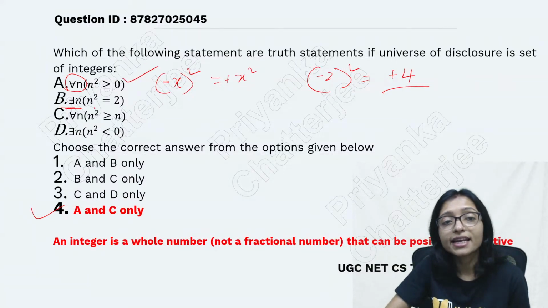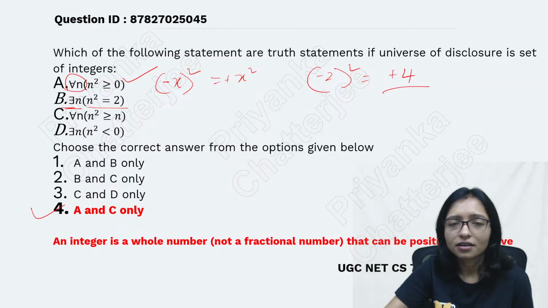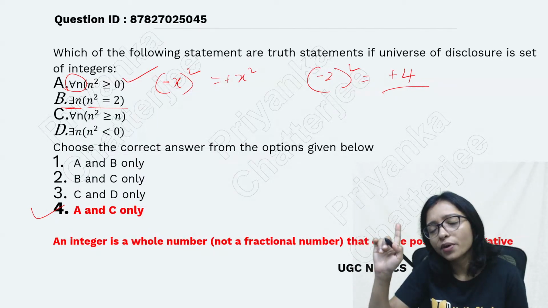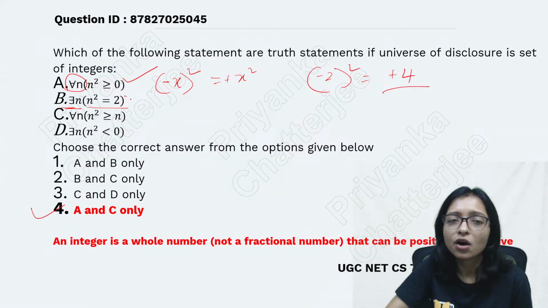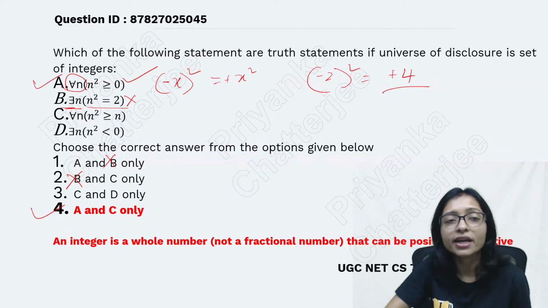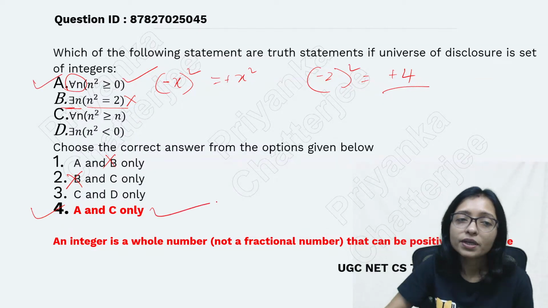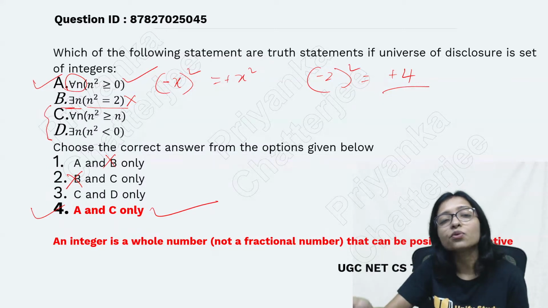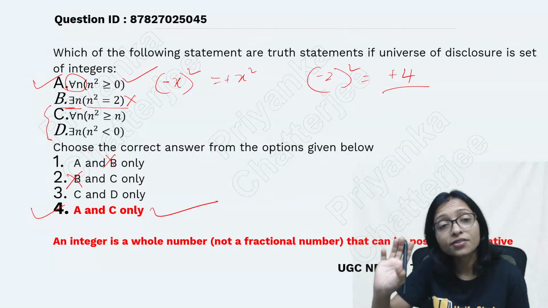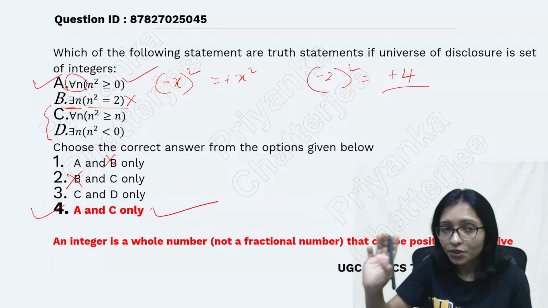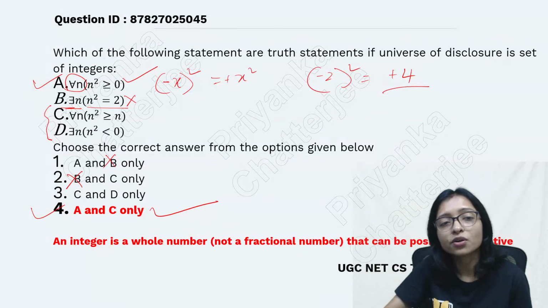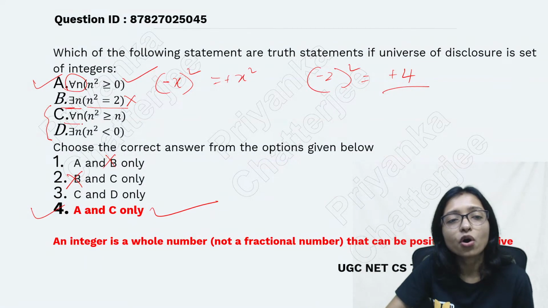There exists n such that n square is 2. There is no such n. Any number you take, you will not get a square of 2. Eliminate option B, then and there. And already you get it, option A is correct. Without checking C and D, you can do the answer. Save your time. Without checking C and D also you can do the answer, but still